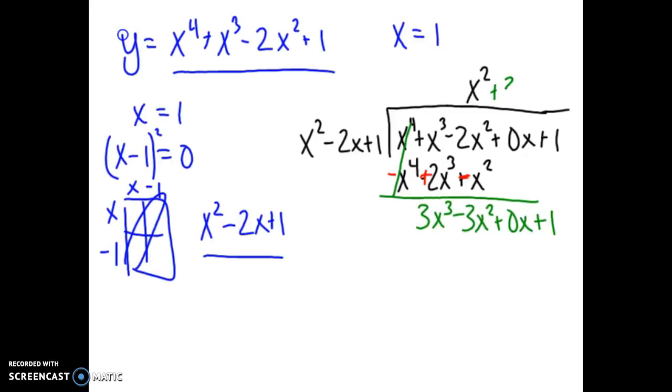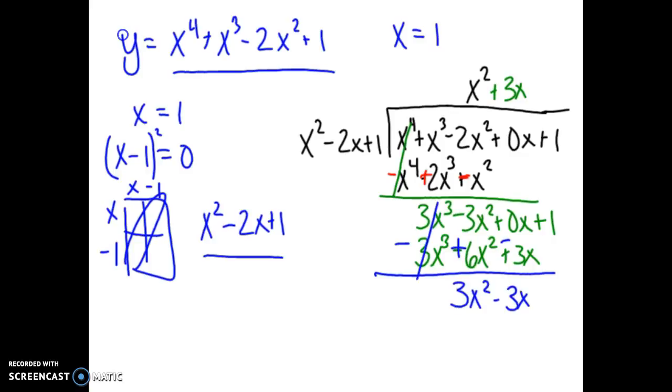Now I will do plus 3x, which gives me 3x cubed minus 6x squared plus 3x. When I switch all my signs, minus, plus, minus, it cancels and gives me 3x squared minus 3x plus 1. I'm going to write plus 3 on the end, and I get 3x squared minus 6x plus 3. Now, when I subtract and switch all the signs, I end up with, I'm going to extend this page